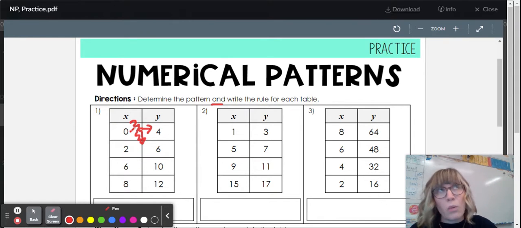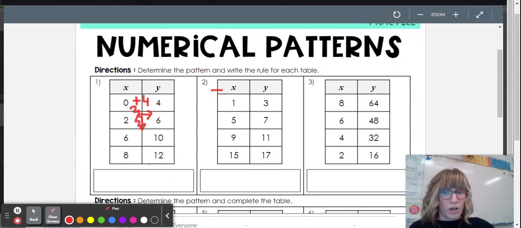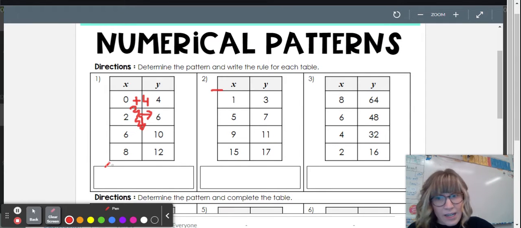So 0, well, I could say we could just be adding 4, because 0 plus 4 is 4. So let's try it. 0 plus 4, yep, it works. 2 plus 4 is 6. It works. Okay. 6 plus 4 is 10, and 8 plus 4 is 12. So we got it first time, right? So the rule is that we're going to be adding, or the pattern is that we're going to be adding 4. So the way that we're going to write it is we're going to say you get your Y coordinate,